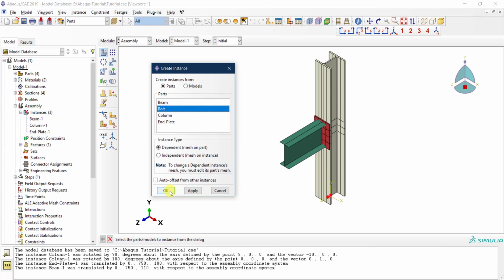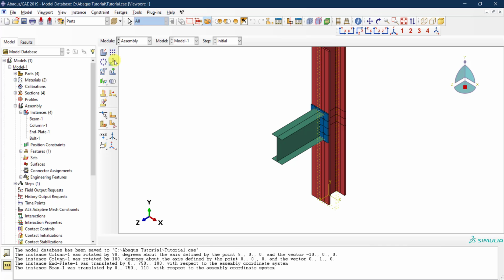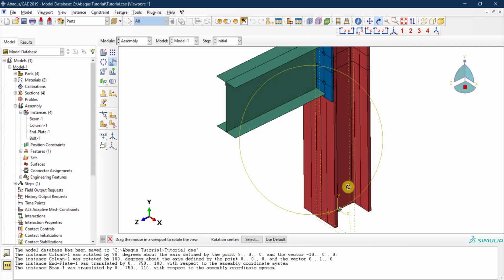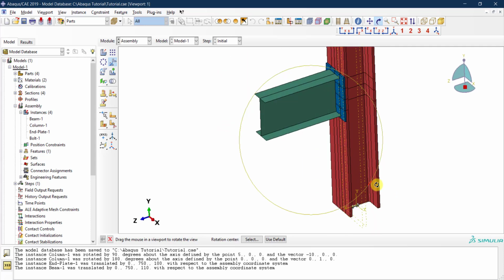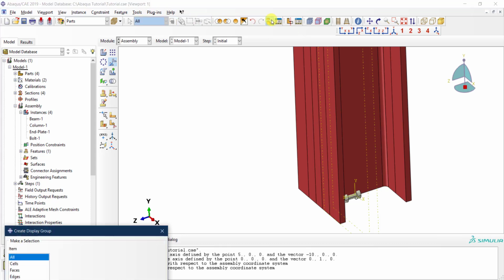So let's just import one instance of the bolt, and now let's move the bolt. So move, where is the bolt? The bolt should be somewhere here. Here it is. By the way, if you want to select something, and let's say you cannot see it because it's covered by another part, you can go here. You see here in this toolbar, there is this one, create display group. So if you click on that,